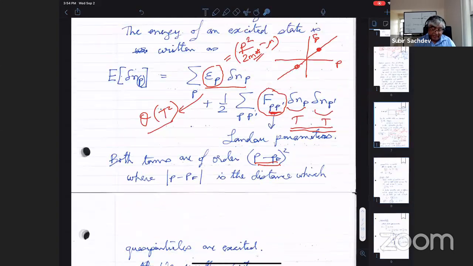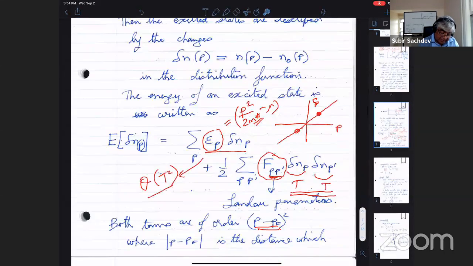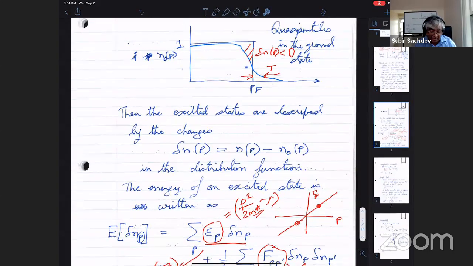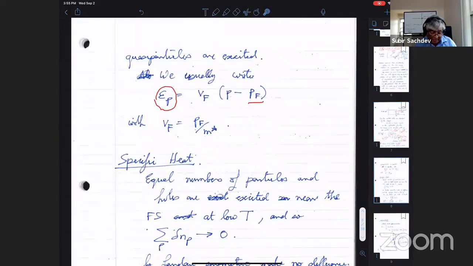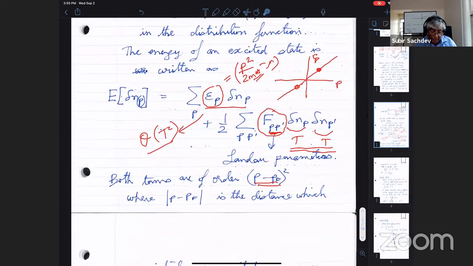Roughly speaking, that comes from the fact that electrons are excited over a width of order temperature, and the typical energies are also of order temperature. So if we integrate over all the excitations, the energies are of order T squared, like I said earlier. So if the excitation energy is of order T squared, the specific heat, which is dE/dT, is linear in temperature. So that's a very fundamental property of a Fermi liquid, that the specific heat is linear in temperature. But now we ask the question, what about the Landau interactions? Are they going to change the specific heat? Amazingly, they don't.